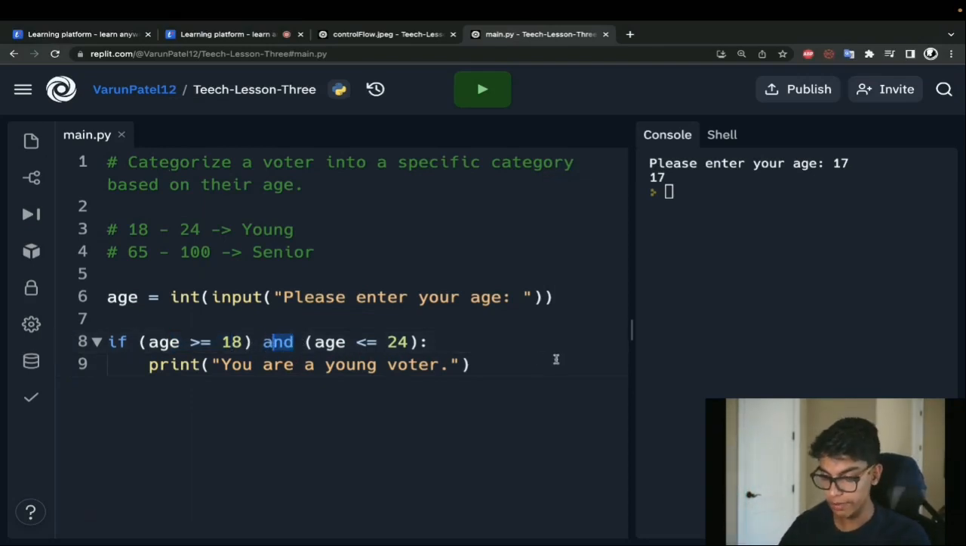So let's go. If I type in 17, nothing will happen. But if I type in 18, "you are a young voter." So why is it that when we typed in 17, it didn't work, but when we typed in 18, it did work? Let's go through our code. So we'll start with the 17. I typed in 17, it gets turned into an integer. Cool. Now we're going to come here,